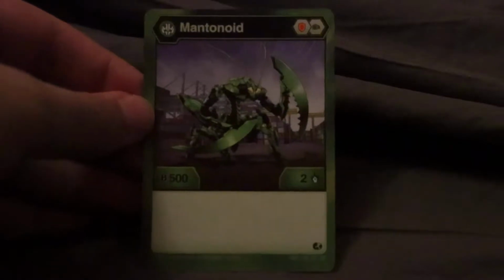Alright, so first up we get these two things that always come in starter packs. Then we get to our character cards. So for character cards, first up here we got Mantinoid, and that has 500 B power and it does 2 damage. Then we also get Tertonium, and that has 500 B power and does 2 damage. And if you land on one of those DNA-looking cores, you get plus 100 B power and plus 2 damage. So if you get one of those, you actually end up with 600 B power and 4 damage, which is